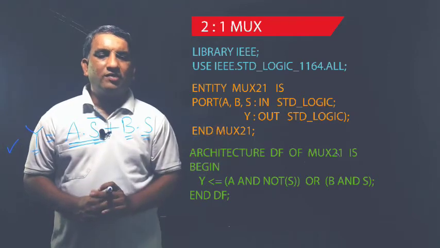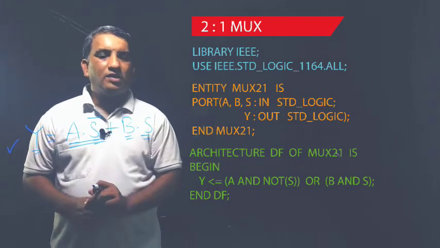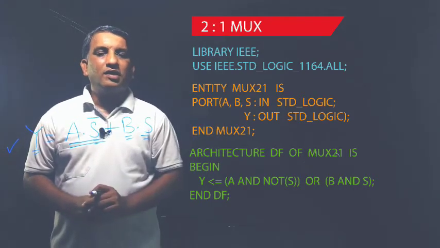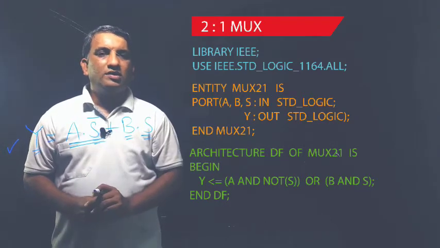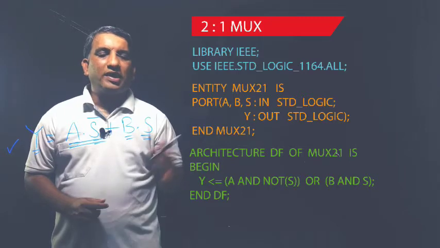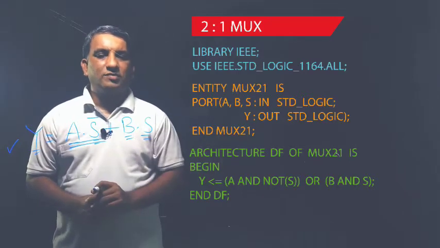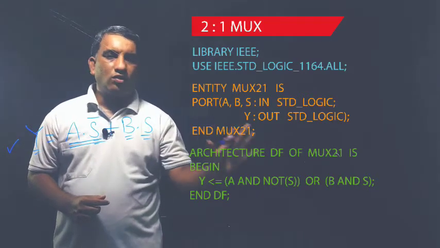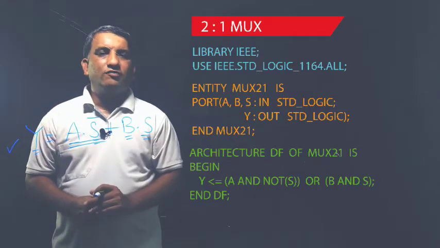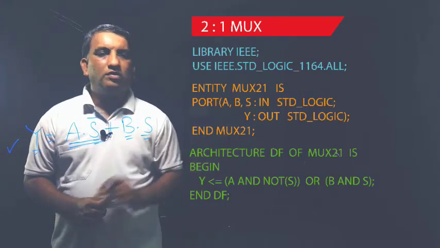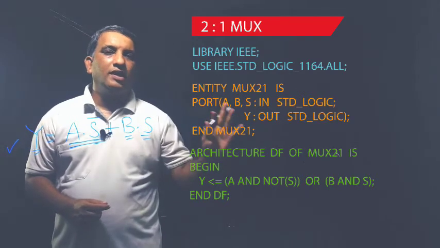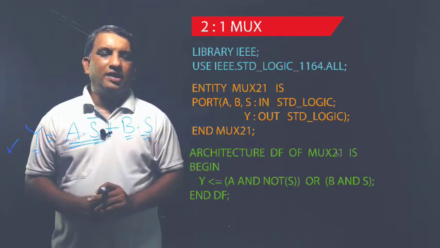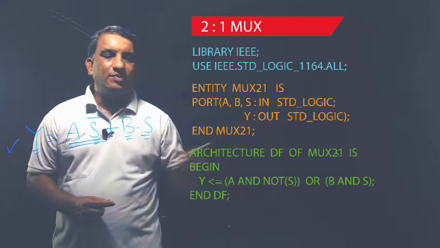So in the first bracket I will write down a, and s bar के लिए क्या लिखेंगे हम? This is the inversion of s. This is the not operation performed on the s. So that's why in bracket I will write down not of s. So a and not of s, that I will include in the first bracket, or after that in second bracket I will write down b and s. B and s, and bracket complete, then semicolon.